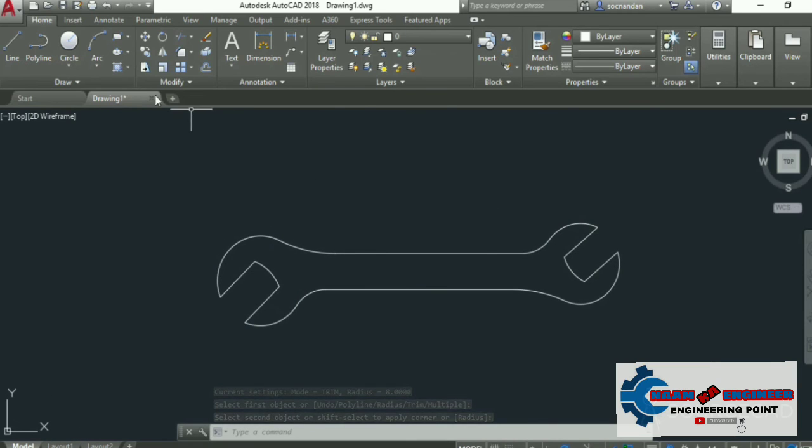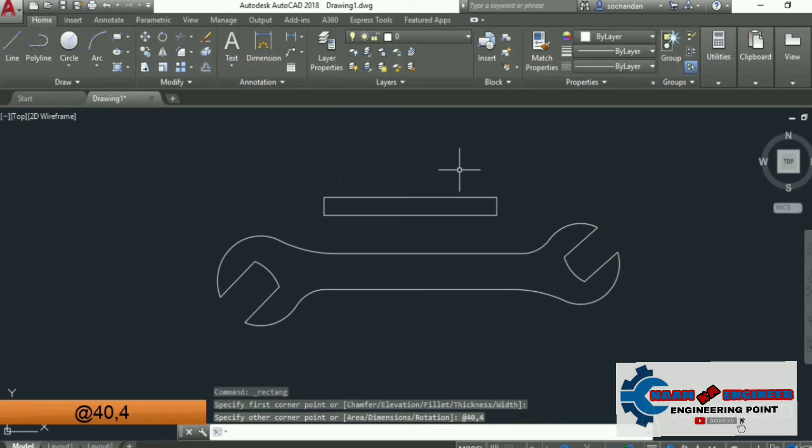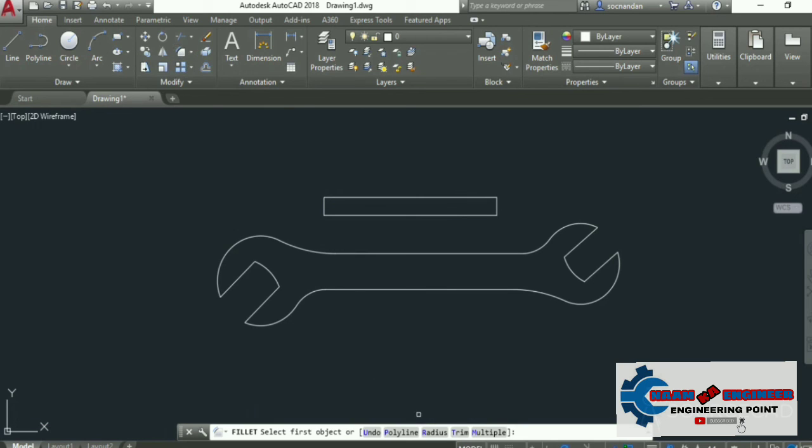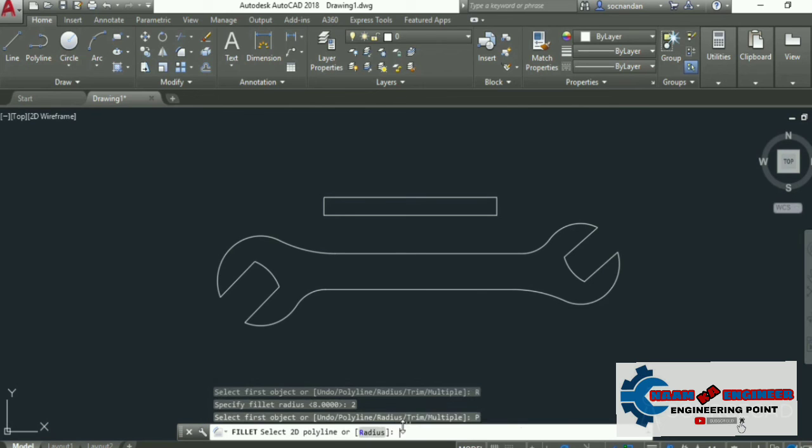Now to add the detail, I'll go to the rectangle tool again and click anywhere in the drawing area, it hardly matters where you click, and make a rectangle with a length of 40 units and a width of 4 units. So type @40,4 and now go to the fillet tool, select the radius option, enter a radius of 2 units, press enter, select the polyline option and click on any of these lines to apply fillet on all the 4